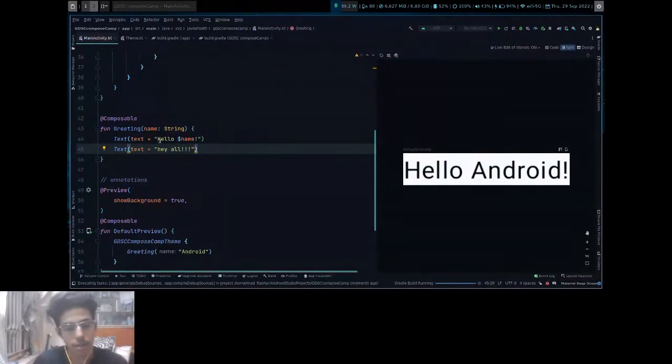The screen has a Text composable and one more Text composable. So let's see what happens when we have multiple.